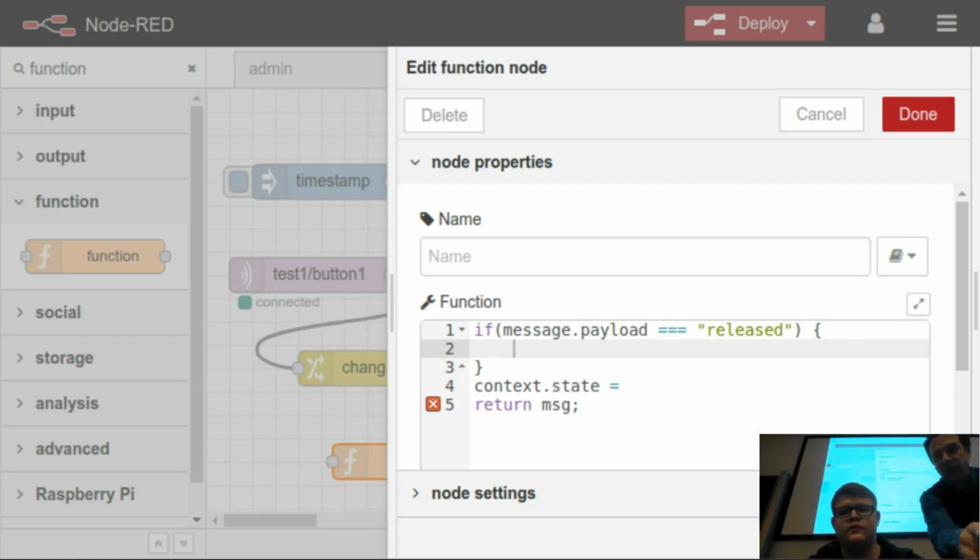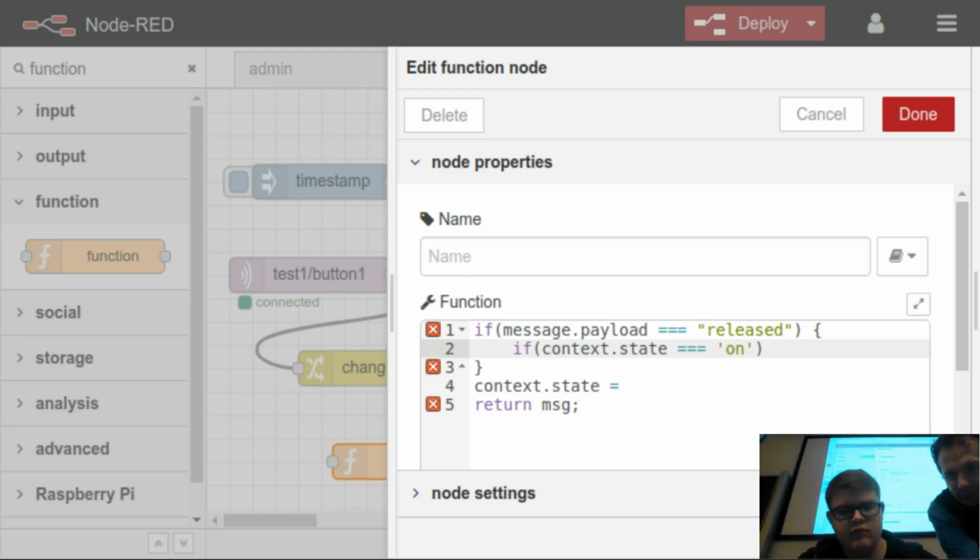We can now check if context state equals, three times equals, on, we will turn it into off, and else vice versa. Just an if before this. If context, is this okay? Are you following? Is it correct that the message is written out, or is it just